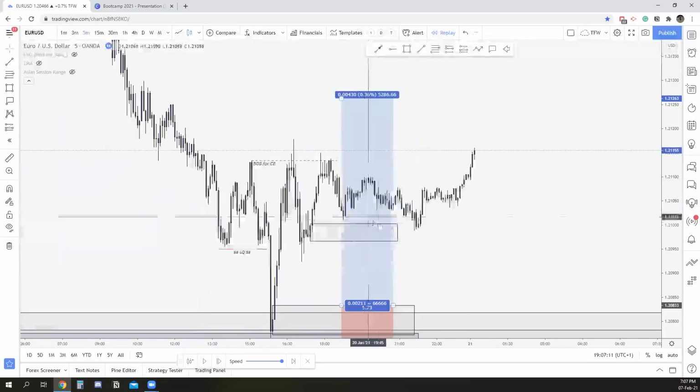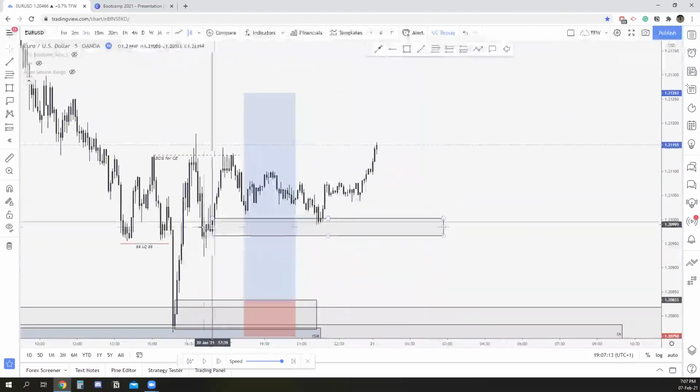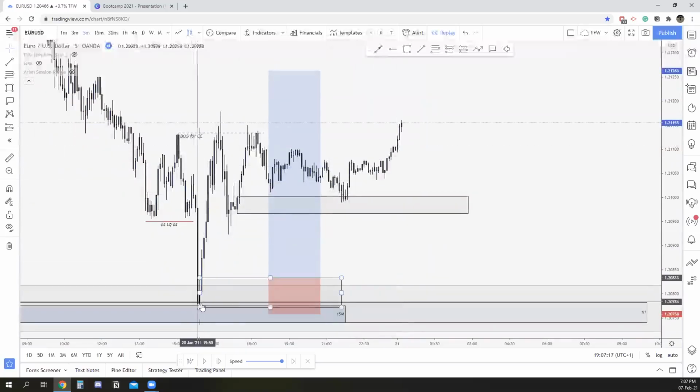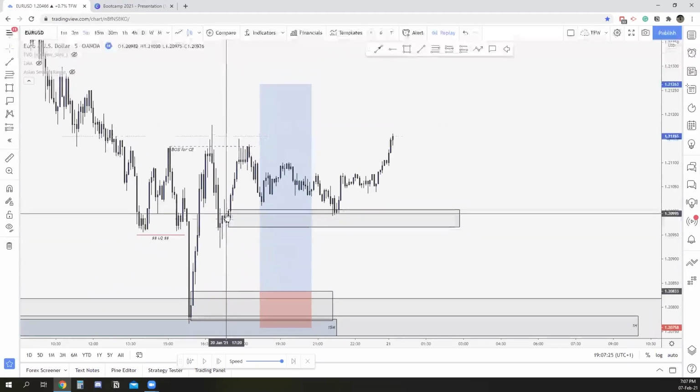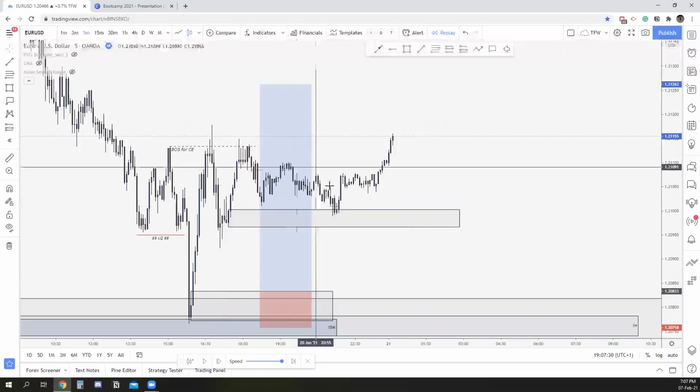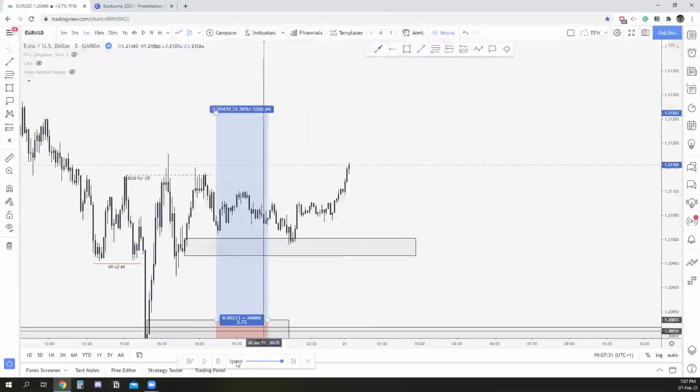Is it? Yeah, it's Asia. But as you can see, again, it worked out with this middle one. It didn't come to the extreme because it was really clear that a lot of orders were pushing right there. And most of the time it won't make sense for them to push price that low again. And then just the concept of mitigation.